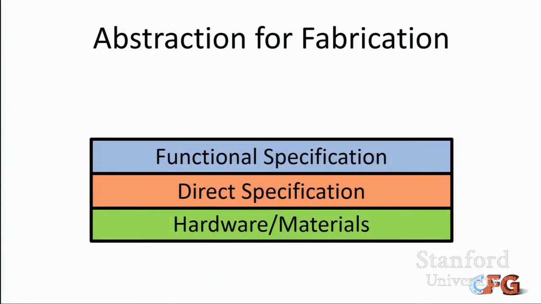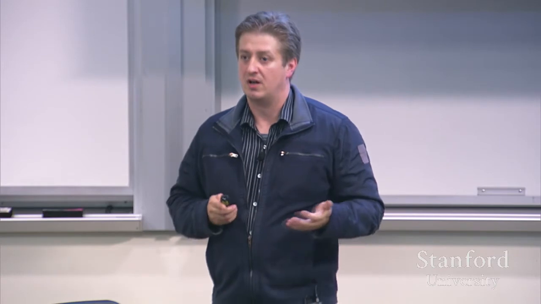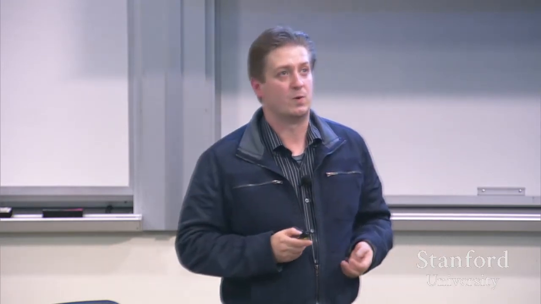Okay, I would like to say how all these components fit together. So first you have hardware and materials, and the direct specification layer has to communicate directly with the underlying 3D printing hardware. And functional specification should really reside on top of that. So the output of the functional specification should feed in as inputs to the direct specification. Is that all? Well, of course not. What's really important is